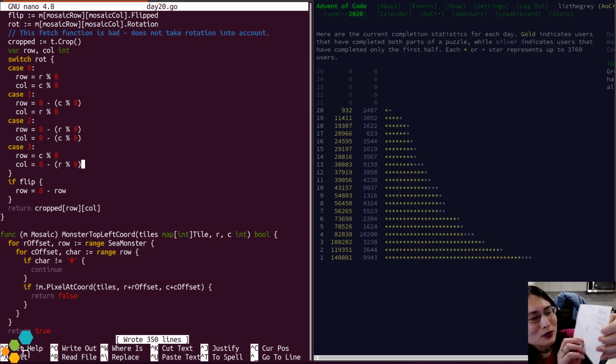If I also applied a rotation after, I think I understand where I've gone wrong. So my flip logic is only flipping this direction, but if I rotate and flip, I'm not sure that I'm accounting for that correctly. All right. So let's see this.